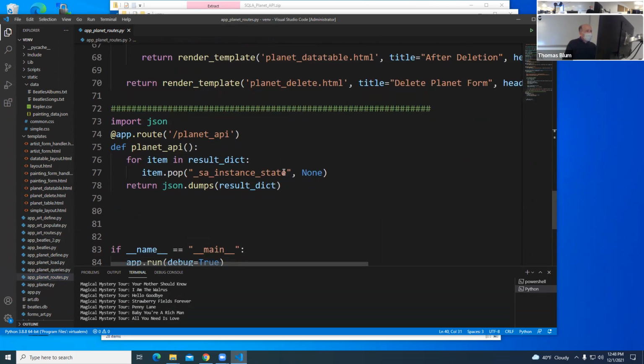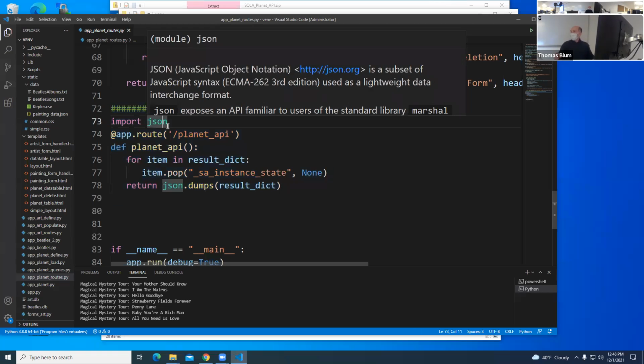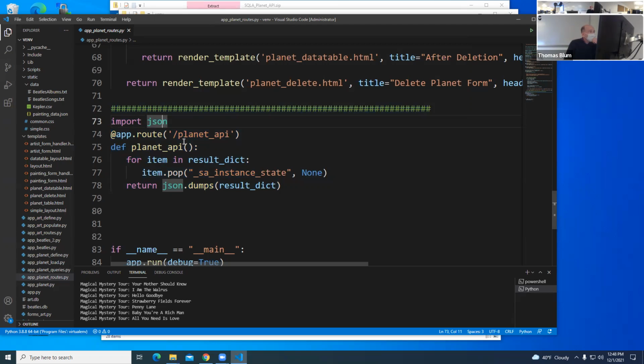Now here is the API route. So we're going to output some JSON, so we need the JSON module. So we'll bring in the JSON module. And then I'm going to make a route called Planet API and have this function that matches that, planet_api.